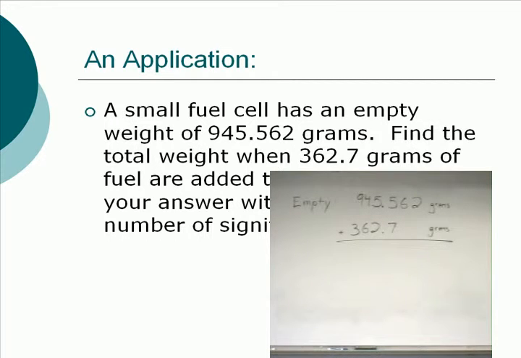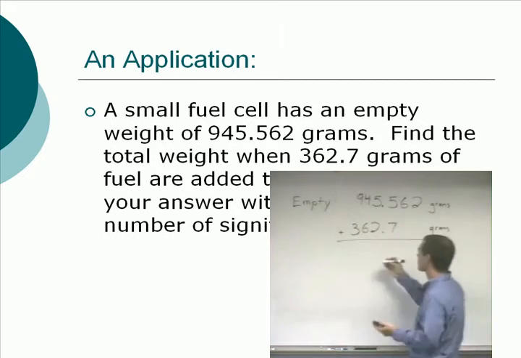Okay, let's take a look at it. First of all, we just do the math. We look at the significant digit situation when we're done. But if you add these together, you get